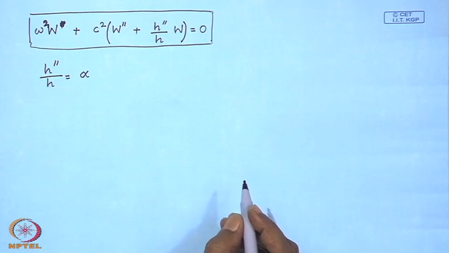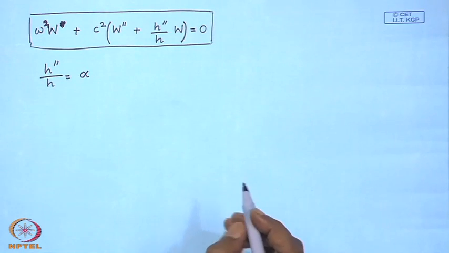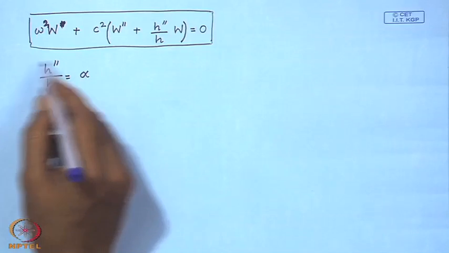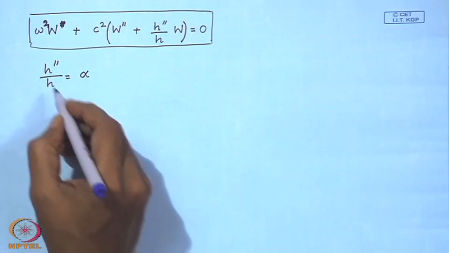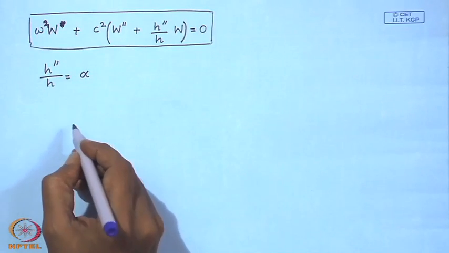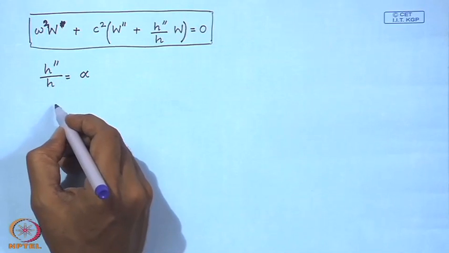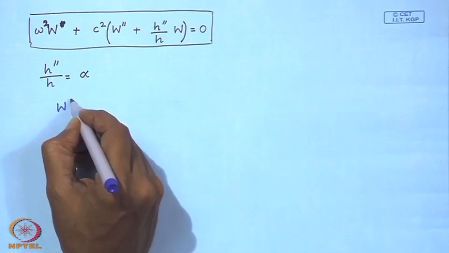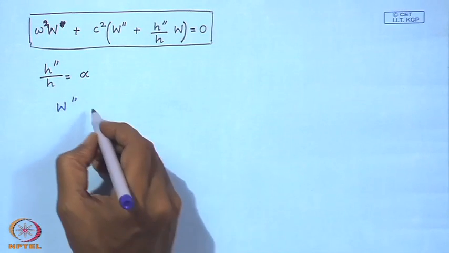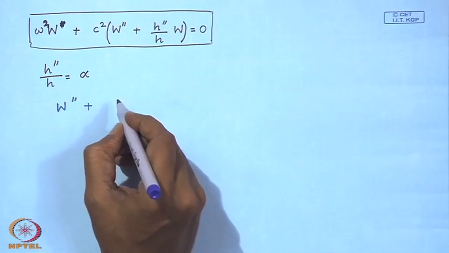So, for such a class of systems, our differential equation of the eigenvalue problem can be rewritten as